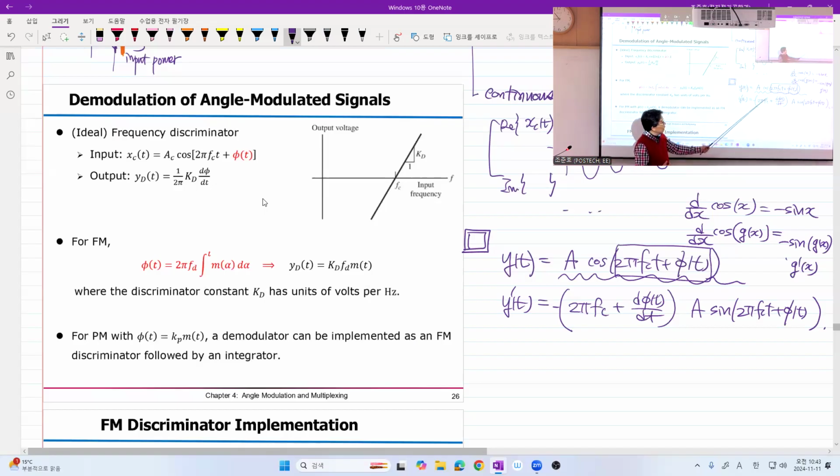We have some constant plus the derivative of the instantaneous phase, which is what? Instantaneous frequency deviation. And in FM, this is directly proportional to our message. So let's rewrite this one using the complex envelope idea. Anybody? So this is negative real part, right? So you may say that 0 plus j